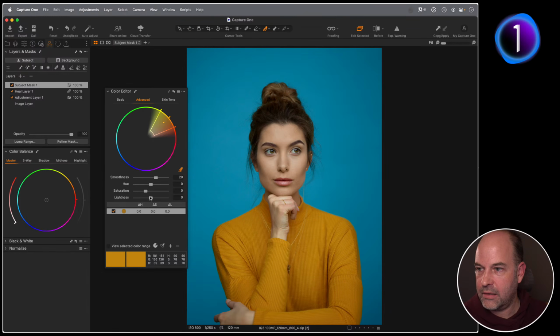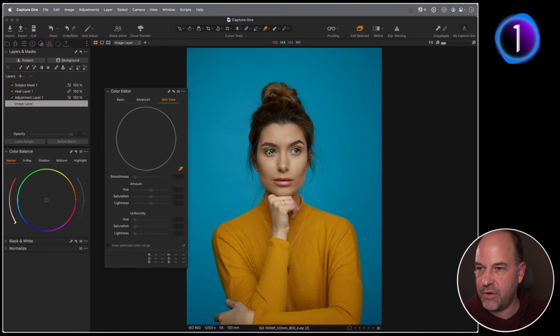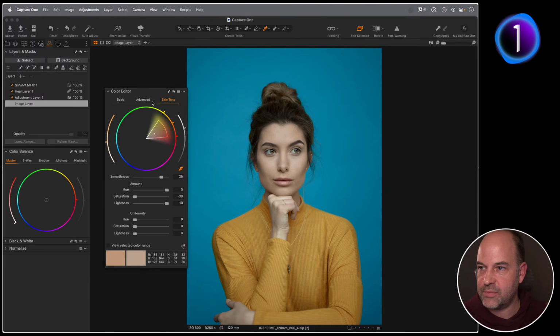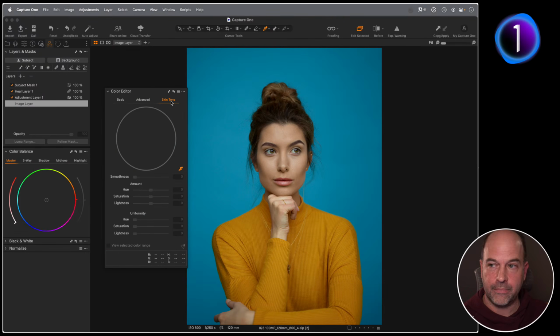Let's just chuck in a sweater edit. So let's make that, oh, wrong layer, hang on a second. What should we do? Let's just do another quick edit on the base layer. So we've got our blue adjustment. Let's just throw in something for skin tone so that we can say we've got it. So I just do some silly adjustments. If you Option click on your keyboard, then it will do a before and after of the whole tool. On the Mac, if you hold Command down and click, it'll just reset that single tab.